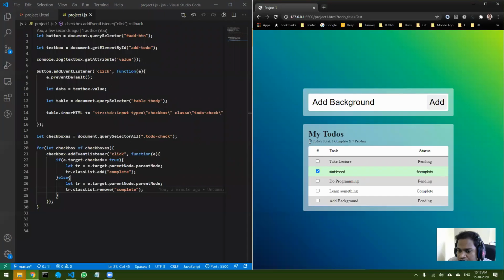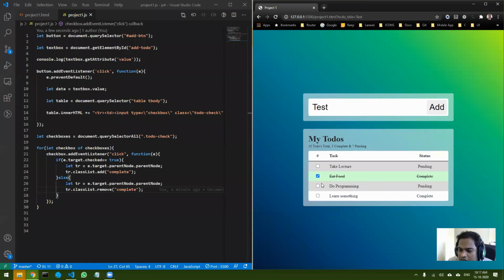And we will also see backtick operators to find out how many are checked, how many are complete, and how many are pending. And one more thing is pending. When I click this, sorry, let me just refresh. When I click this, it should also make this pending as complete.